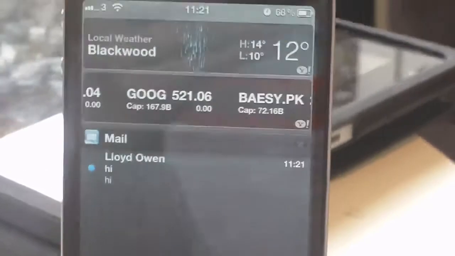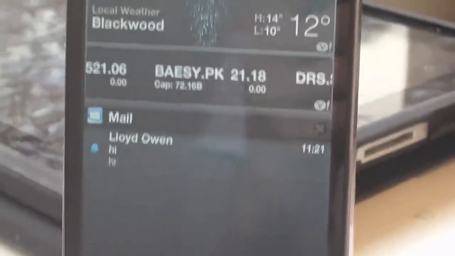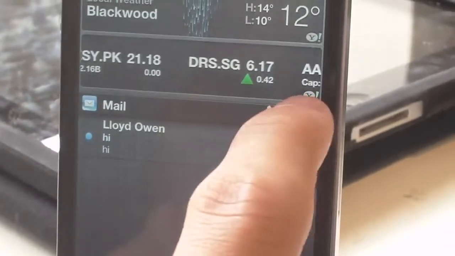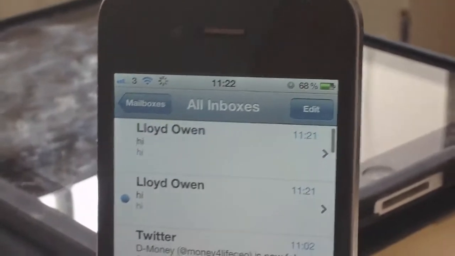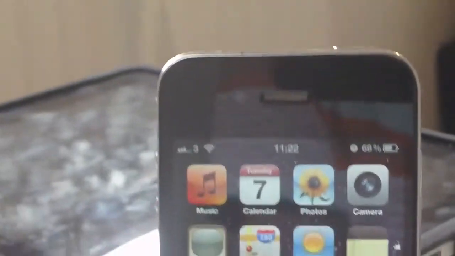And there you go. And it comes up just like that, and you can clear the notification by clicking the little X in the corner. And you can also read it by tapping on the actual notification itself like that. And you can do whatever you want from the Mail app. From there then, we're going to go on to the